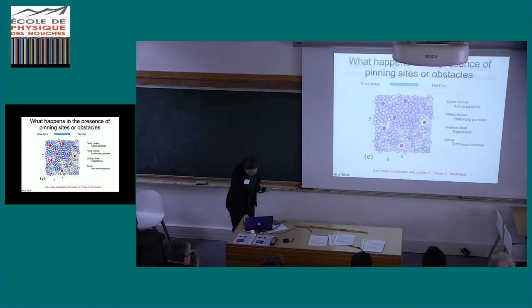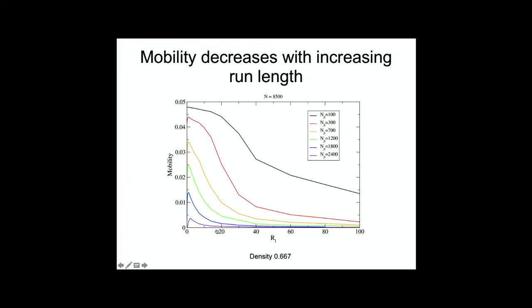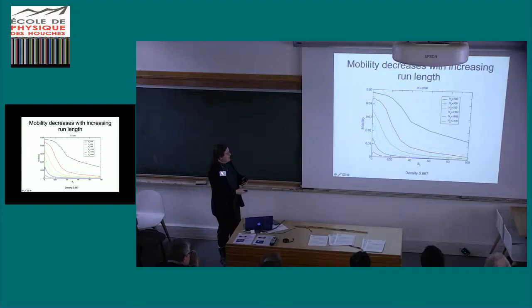So if you had a thermal particle and you were sending it through disorder, you would think, well, if I increase the temperature, it should be able to move more easily through here. So I could argue that having these particles swim is sort of like adding a temperature, and so I should be able to get them to go through more easily if I add the temperature. But actually we see kind of the opposite. As we increase the correlation time for their running, their ability to move through this quench disorder background is generally decreasing. So the more active they are, the harder time they're having getting through our background.